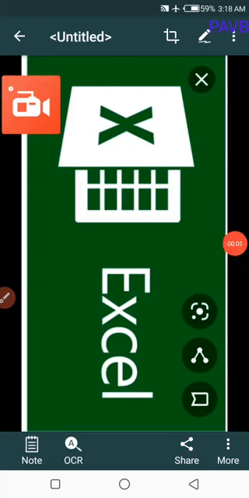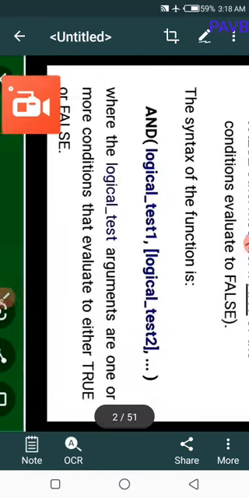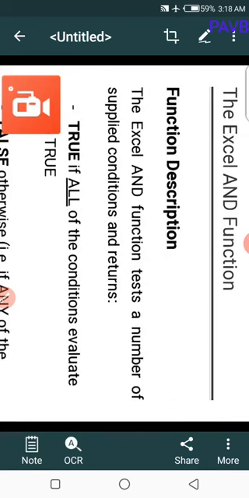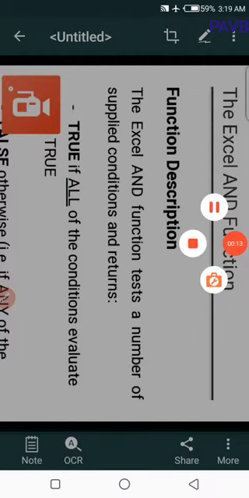Good morning students. Today we are discussing Excel. Today's topic is logical operators. What are the logical operators? The logical operators are